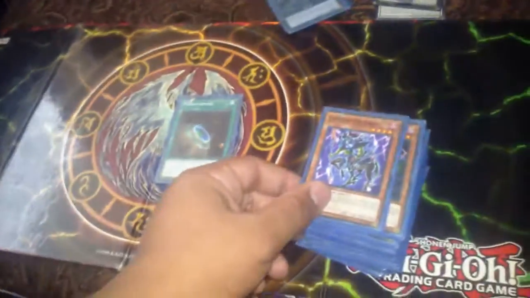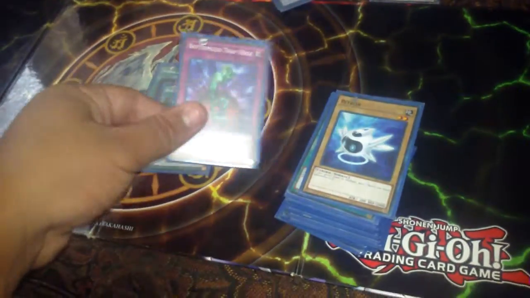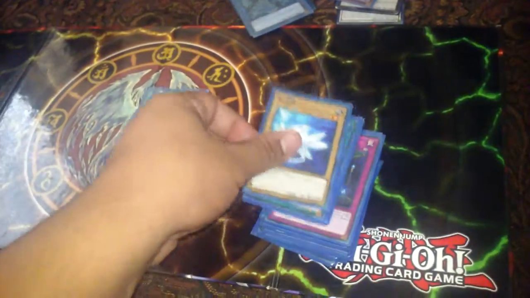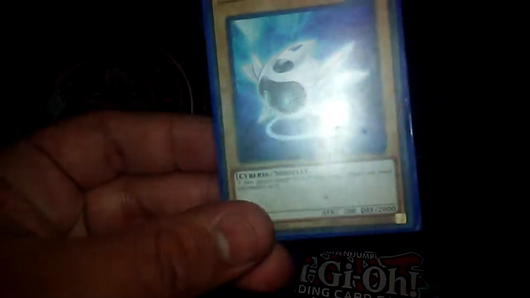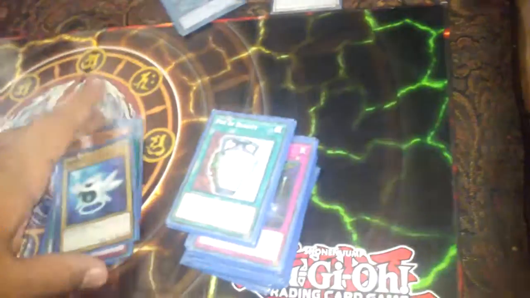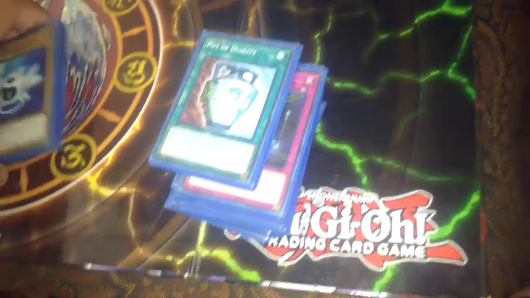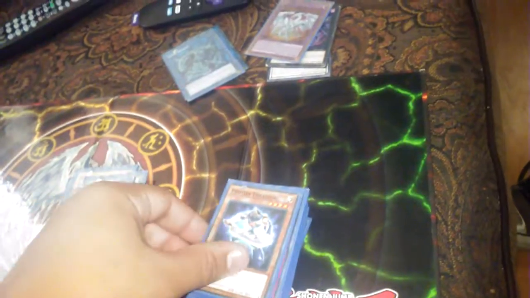So first off, Terraforming, Exarion Universe, Battle Fader, Book of Moon, Bottomless Trap Hole. These are all reprints. This is not. This is Bitron. If you look right here, it says Cyberse Normal. Cyberse are a new type of cards. They're also what the Link monsters are. They're Cyberse monsters. And anyways, then Pot of Duality, Galaxy Serpent, Compulsory Evacuation Device, Fiendish Chain, Botan Thrasher, Jar of